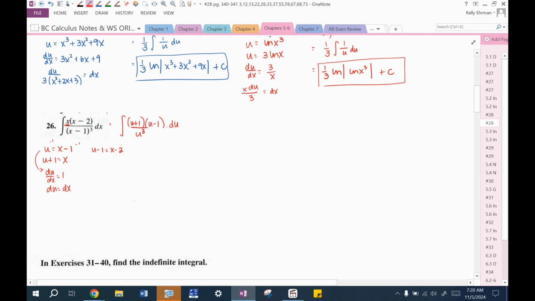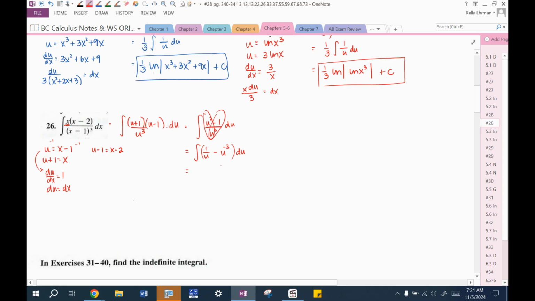So now what do we do with this? Well, let's go ahead. I want to use Hart method. I want to divide by u to the third, but first I've got to FOIL this together. So make this u squared minus 1 over u to the third times du. Now remember, I can divide a binomial by a monomial. That's what I mean by Hart method. In pre-calc, we said this looked like a heart. So now it's the integral of 1 over u minus the integral of 1 over u to the third. So maybe I'll just make that minus u to the negative third